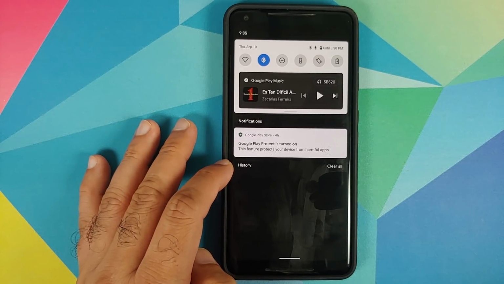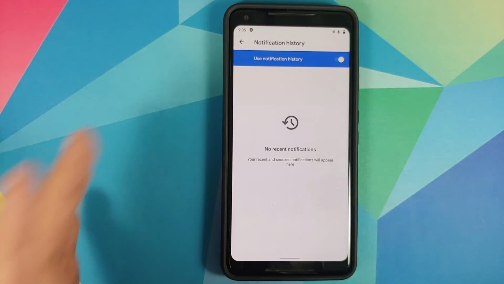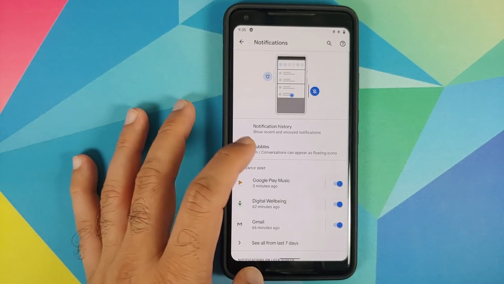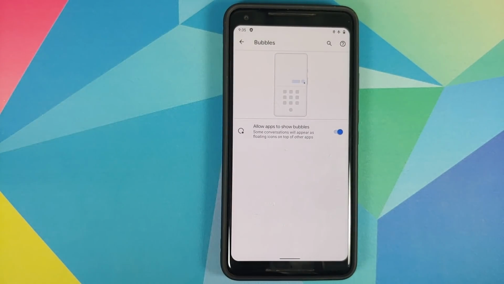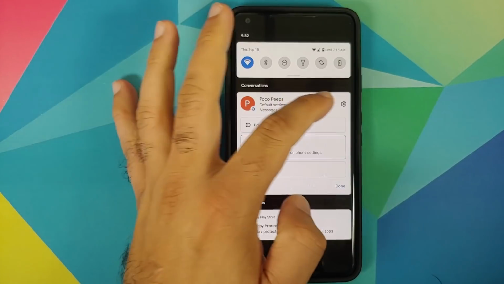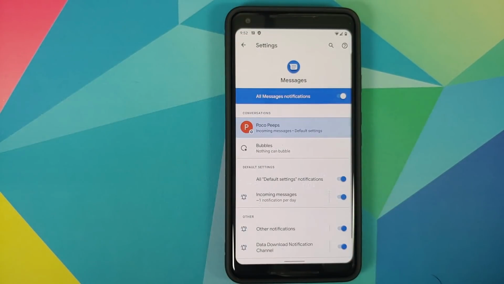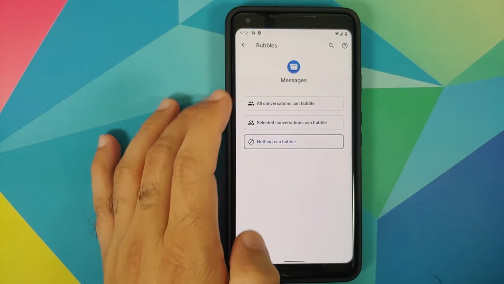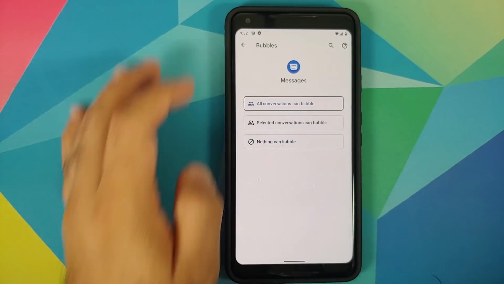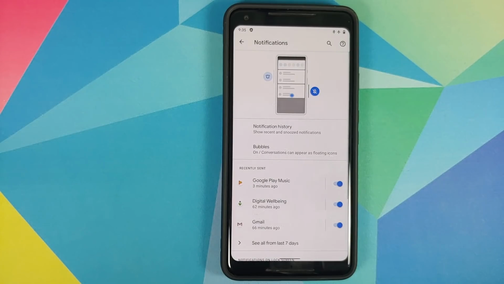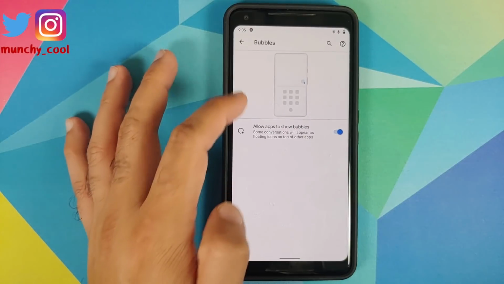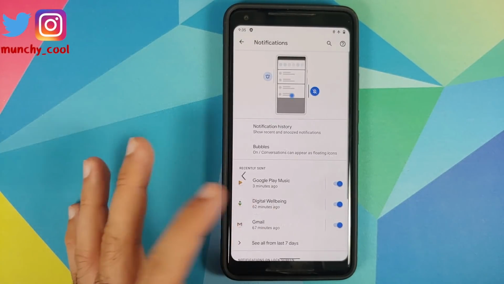You can see once I expand it, I have the option of history. And right now there is no history because I just enabled the option. You also have the option of bubbles. So you can enable or disable chat heads, as you would know them if you've ever used Facebook Messenger. And these bubbles are very similar to that. The applications do open in a pop-up window,